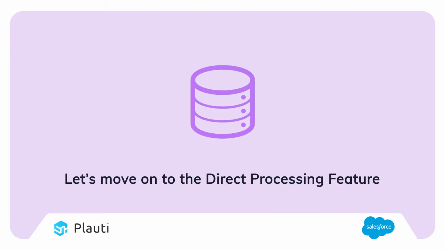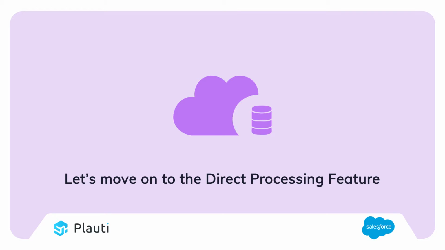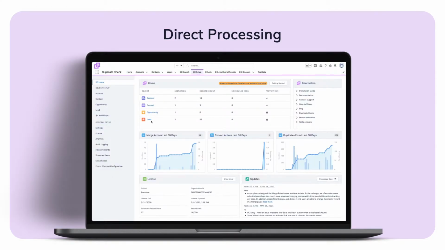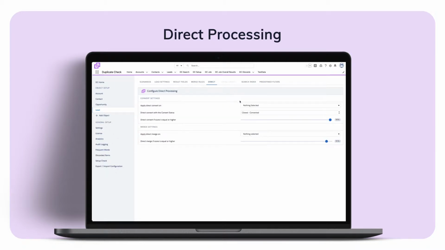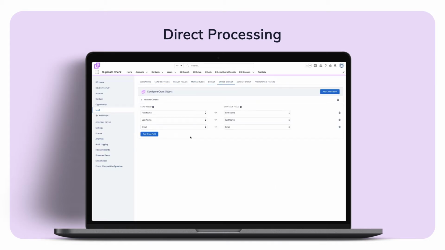Let's move on to the direct processing feature. The direct processing feature is a prevention tool that automatically merges and converts duplicate records at entry point without any user interaction. It can process records entering your Salesforce environment from web to lead, unique import/API bulk insert, or API single insert feature. For both convert and merge processing, you can choose from the following channels. Apply a search scenario to the web to lead, unique import/API bulk insert, API single insert/update. Example image below. To convert the records processed by direct processing, the cross-object feature should be enabled in the object